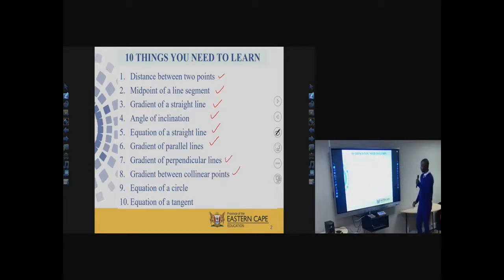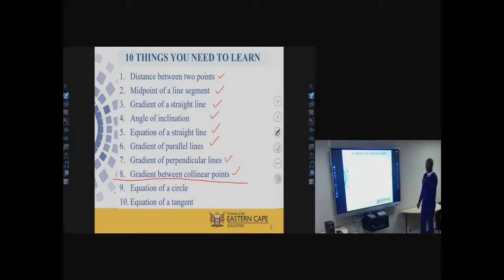Those are also done even in grade 11. And we put more emphasis on them in grade 11. Now, all those from number 1 to number 8 are your basics. And then the equation of a circle as well as the equation of a tangent are the 2 that are